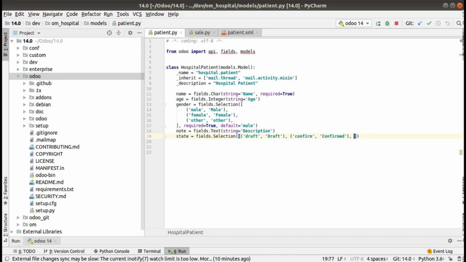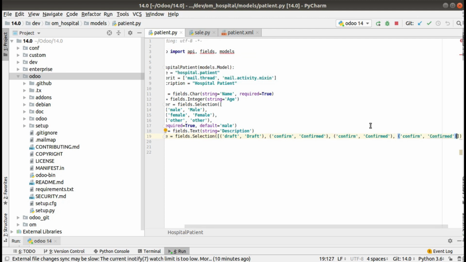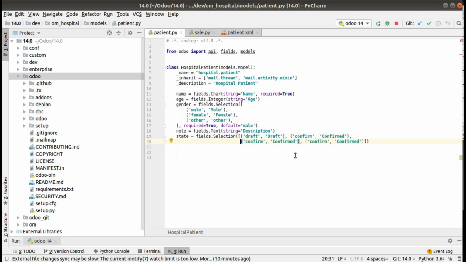Let me paste it again, Ctrl+V. I have added two more, so I'll press Ctrl+Enter so it moves into a new line. This will be the done state, and I'll give the label as Done, and the final one will be cancel, and I'll give the label as Cancelled.